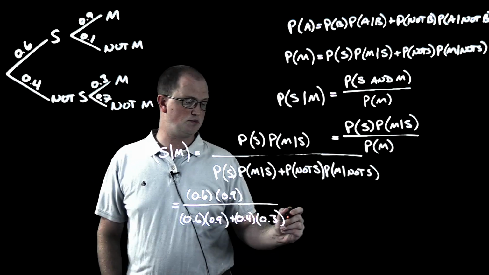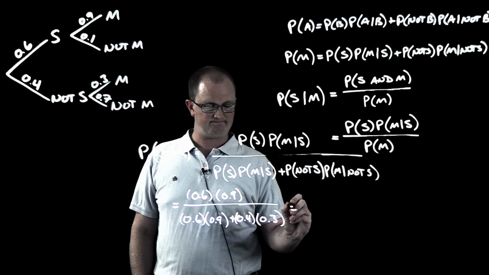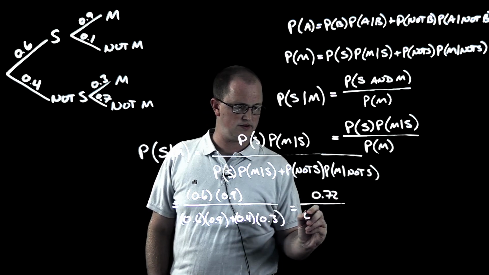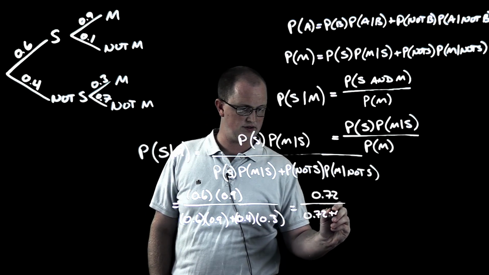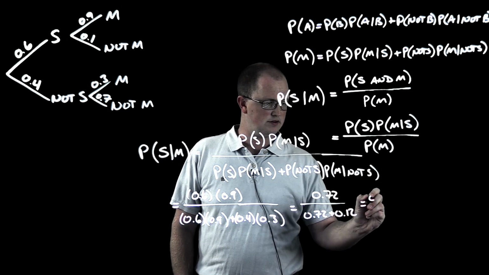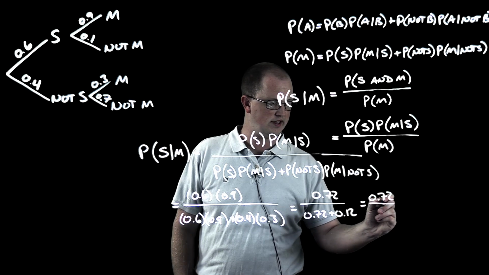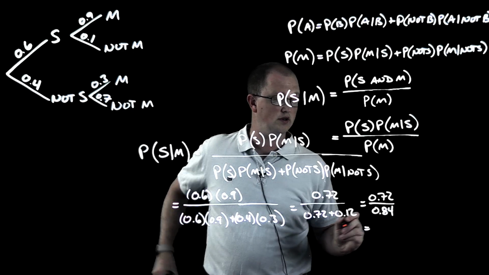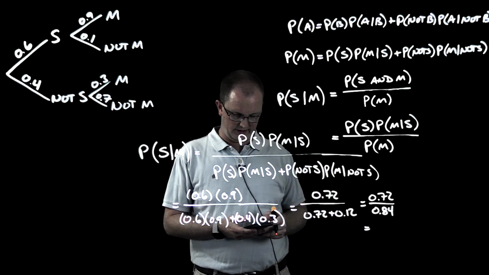And so this becomes 0.72 divided by 0.72 plus 0.12, which gives us 0.72 divided by 0.84 for a final answer